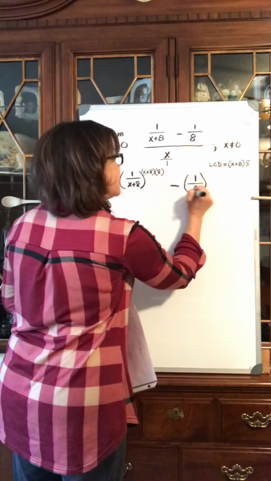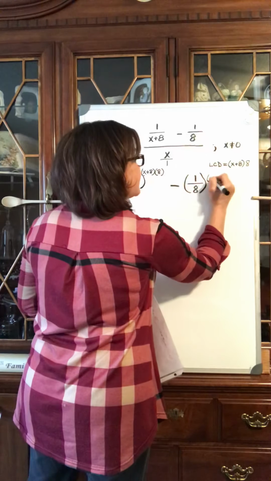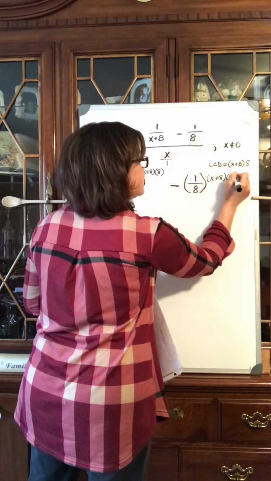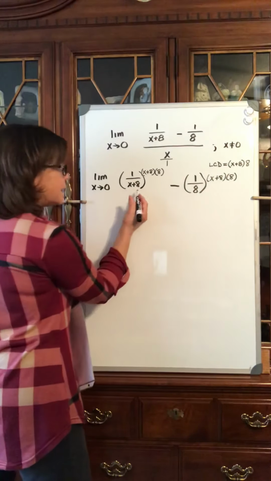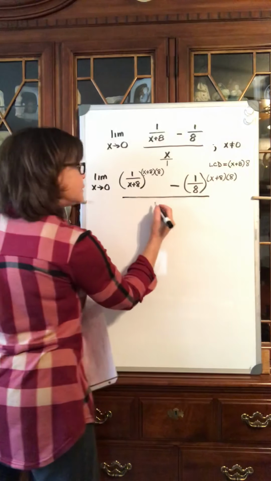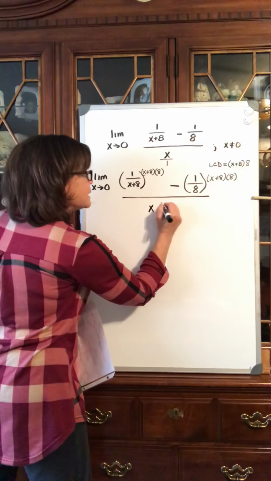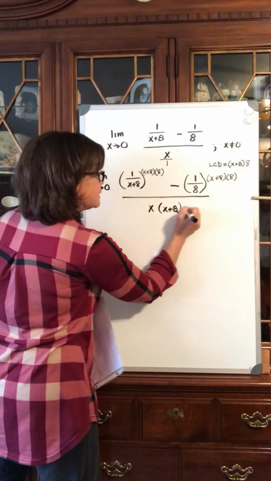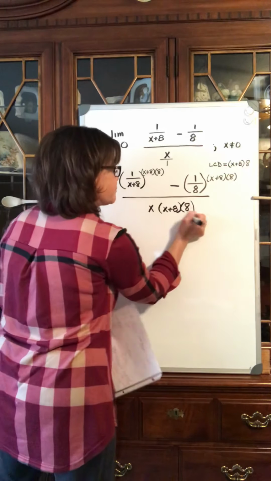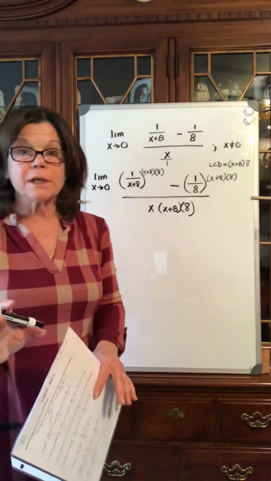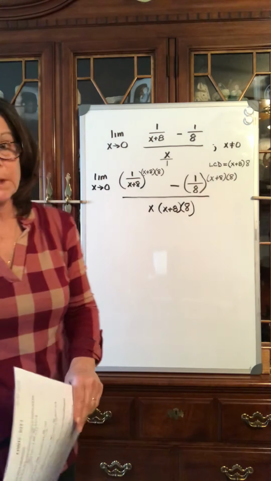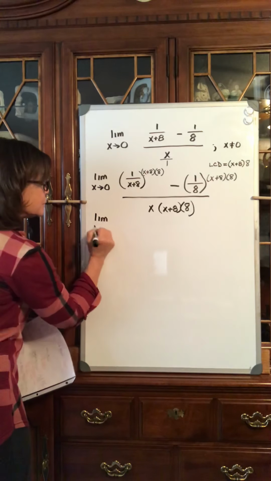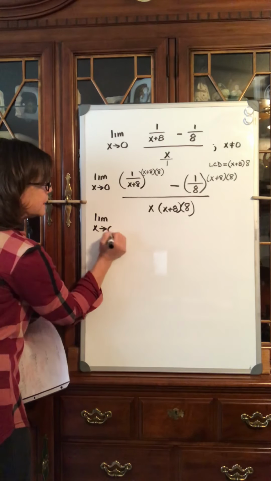I'm going to multiply that by the LCD, x plus 8 times 8, divided by, the denominator is x times the LCD, x plus 8 times 8. Okay, so all I've done right now is show that I'm multiplying every piece of it by the LCD. Keep the limit notation in until you're done simplifying, and in the very last step you'll go to